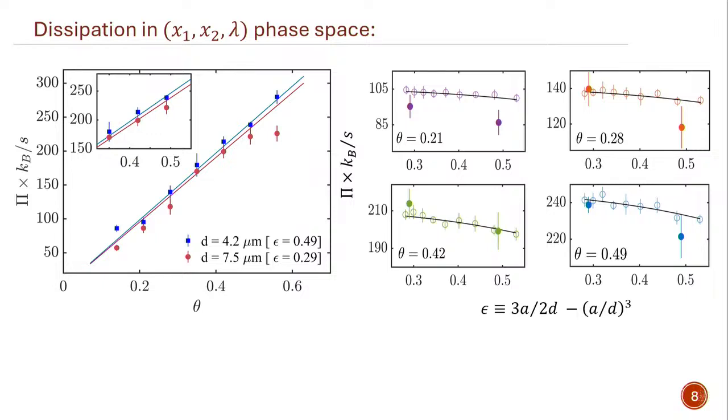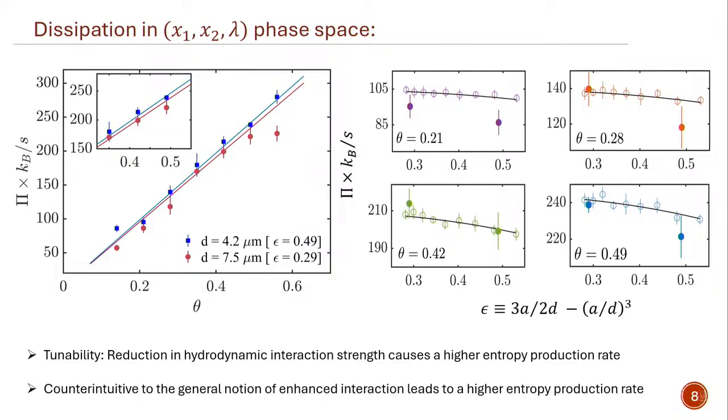It can be understood like this: when the particles are close by, if the second particle is not there, the current of the driven first particle in that space is higher, because the second particle is actually affecting the motion of the first one in the presence of hydrodynamic interaction. Okay, and also we see that by just tuning this interaction, by just placing the particles at different separations, we can get a different